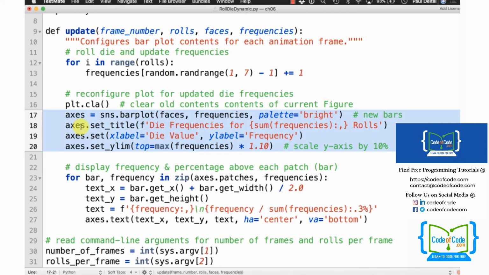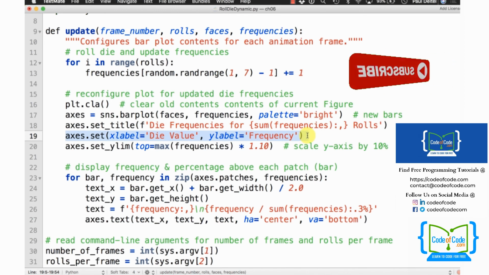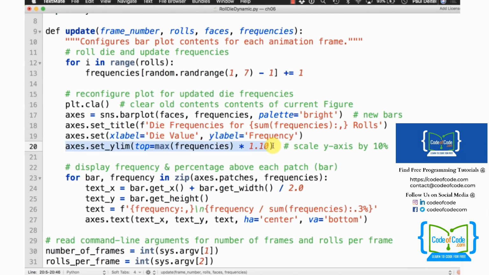Setting the title on the axes will display a string above the bar plot, in this case showing me the total number of dice that have been rolled so far as well. We're going to set the X and Y axes labels so that we see die value along the bottom and frequency along the left. And we're going to scale the y-axis by 10% so that we can make sure we have enough room at the top of the diagram for the text that we're going to add in above those